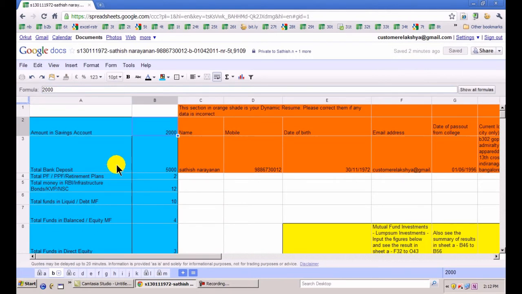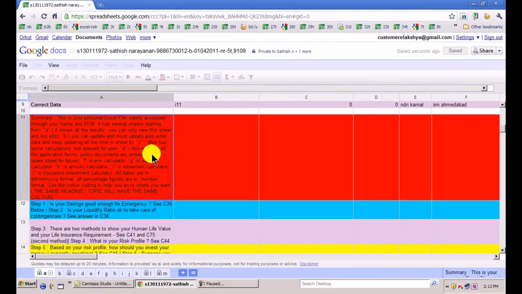Point number 4. This database is like a chameleon as well as an auditor. You have seen me move from sheet A to sheet B, the sheet which you can enter. Supposing I change or enter some value here, supposing I am making this 2000 rupees 1500, you can immediately see the change in color. It will change in color, plus it will also give an audit trail of when you made this particular change of data. So it is a chameleon as well as an auditor where you can know the data that you have changed.